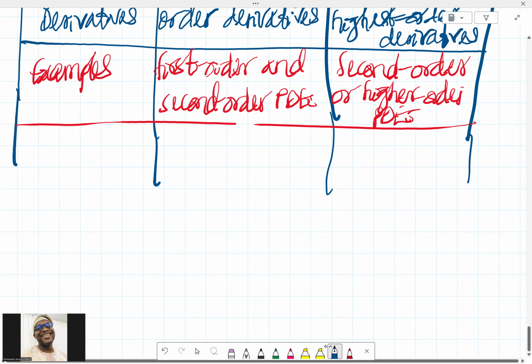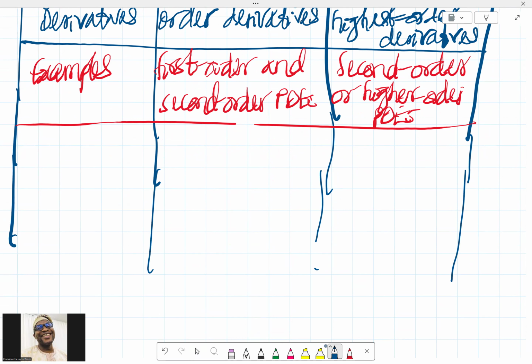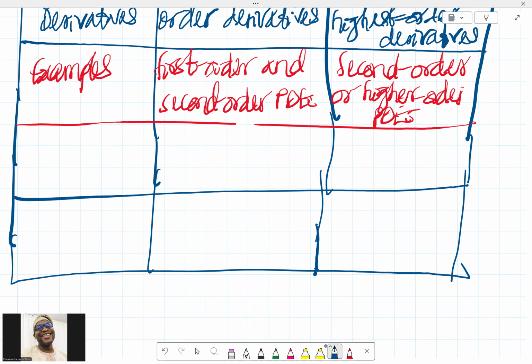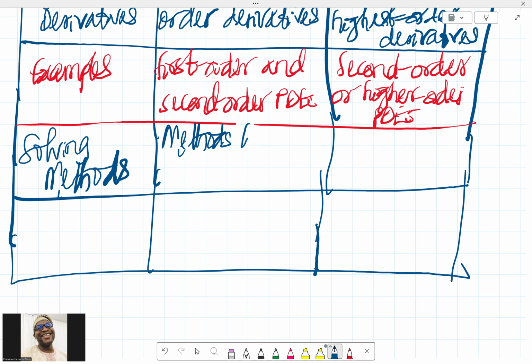And then we move on to the second to the last thing. So we have what you can call the solving methods. Which method do you use in solving a quasi-linear PDE? You have methods like the method of characteristics. We've used that in the previous video. So we can use the method of characteristics here. Then for the fully nonlinear PDEs, they often